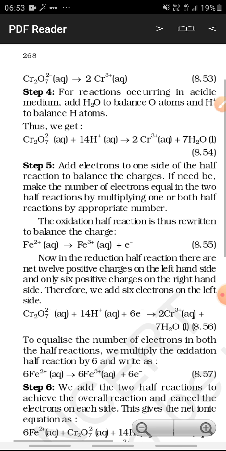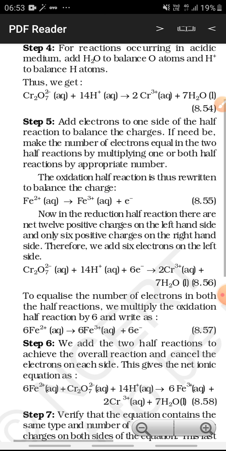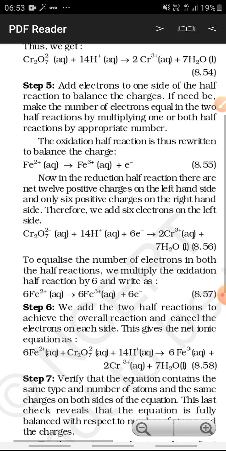And in the next step, as the reaction is occurring in the acidic medium, we add a water molecule to balance oxygen and H positive to balance the hydrogen atoms. Now electrons are added to make the number of electrons transferred equal. Here we all can see that Fe2 positive is converted to Fe3 positive, so 1 electron is added here, and here 6 electrons are added, and then in the last step